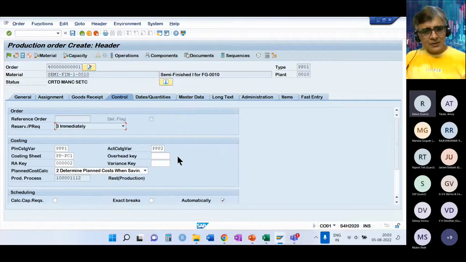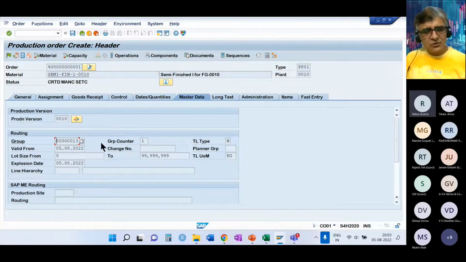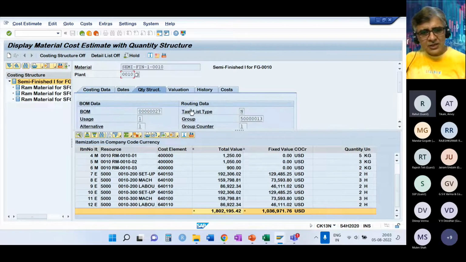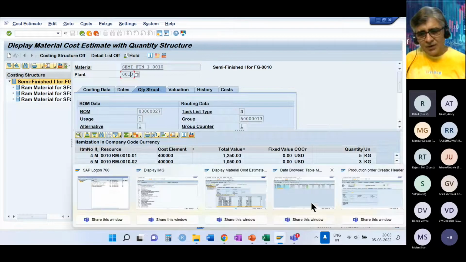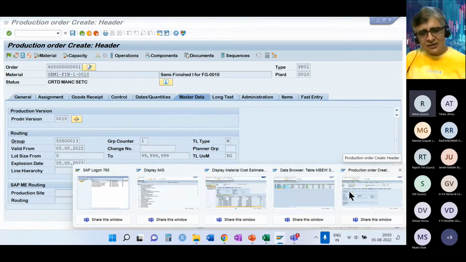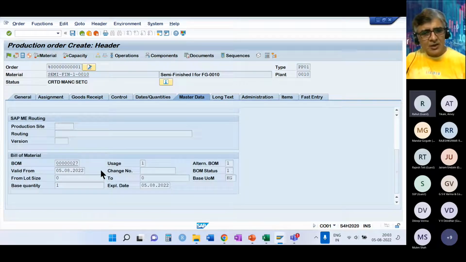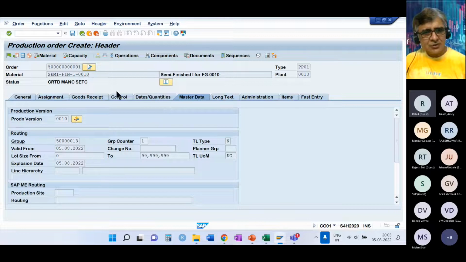Okay, so some of the important parameters are here, like we have the costing variant and costing sheet. This is used for calculation of WIP, and then I'll put the variance key, which will be used for calculation of variances. And then this will have the routing, which I showed you in the costing sheet. So this is how your costing BOM and routing get related with the production order. One is the standard, which is the plan, which happens at the beginning of the period. And now this is the actual transaction, which is also happening based on the routing and BOM, which we executed.